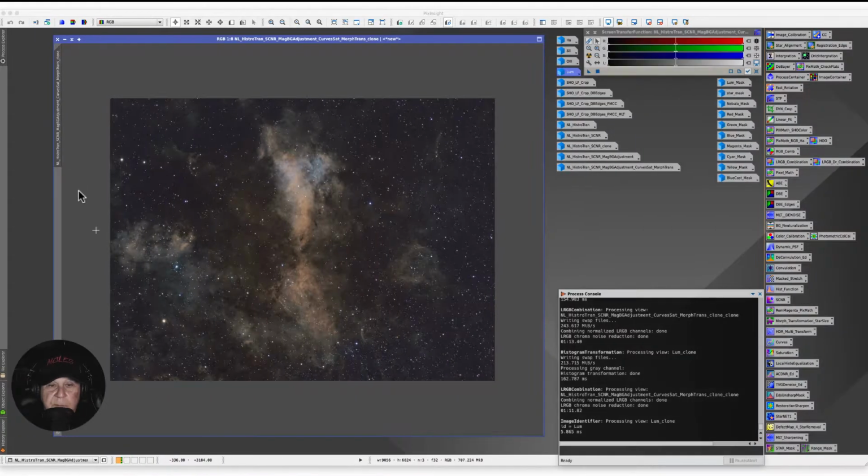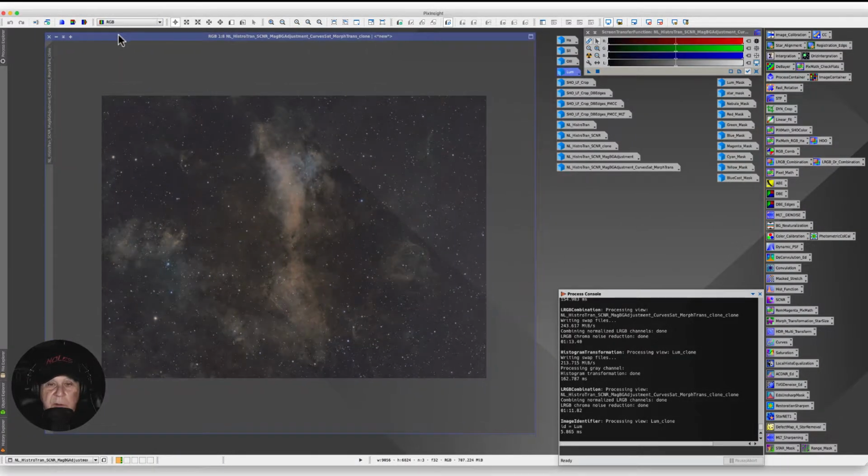Hello folks, we're back for part 16, and in my opinion this is where the magic happens. So let's get started, and I'll screen share with you what we've done so far. And so far this is our image, and we have two essential steps left. I'm not going to apply any sharpening, I don't think,